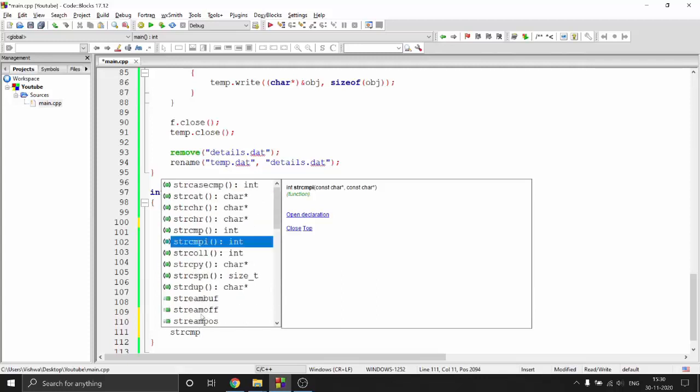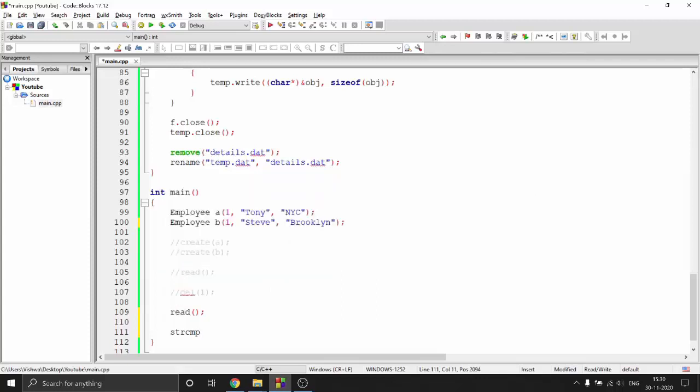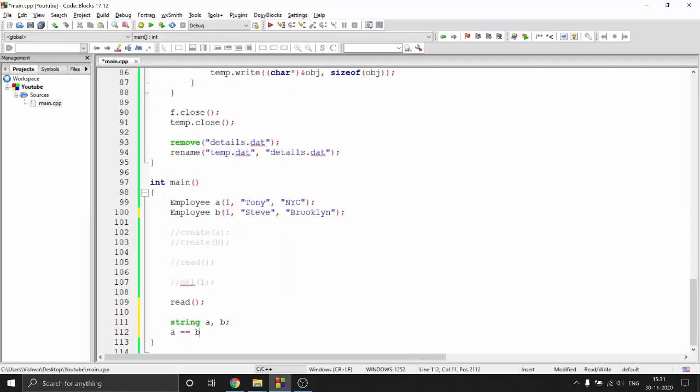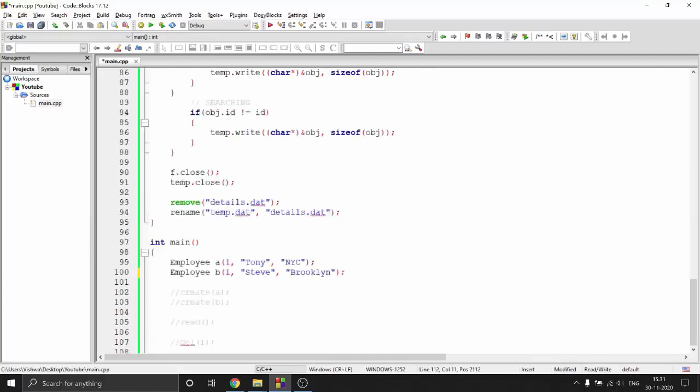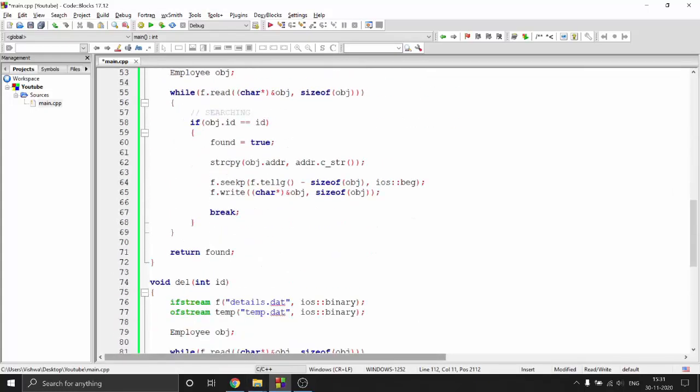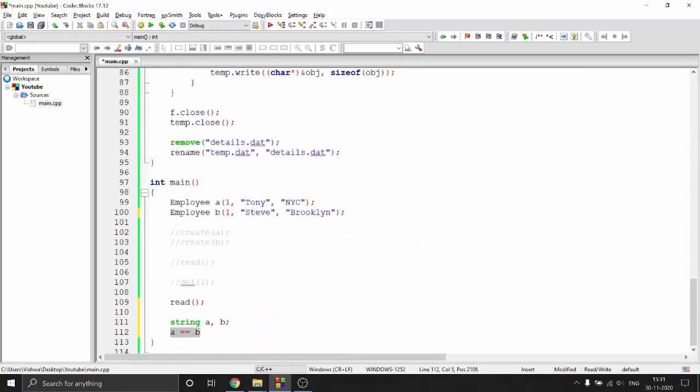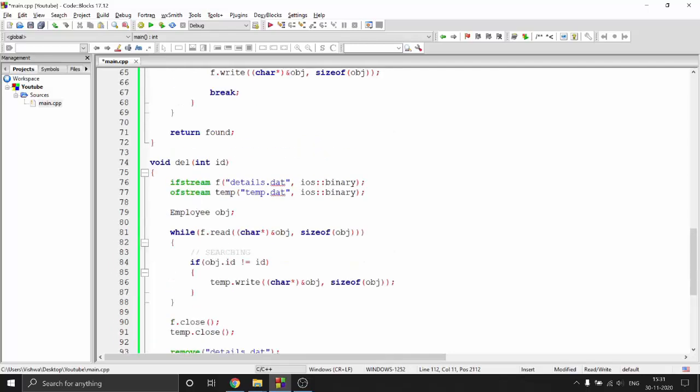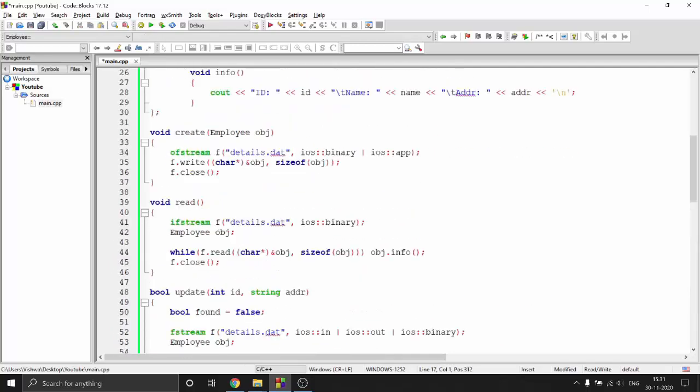So basically why we use the string class is because we want to directly use operators. So let's say I have string a and then b. I could do something like a equal to b using the string class, but this is not possible when using something like a primitive data type. If I use an array or something, I cannot do this, right? I need to compare character by character. So these things are the reasons why we use string. But when you're dealing with something where you want to write into files or something like that, you do have to use the primitive data, right?